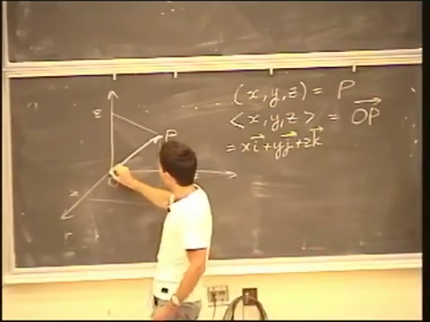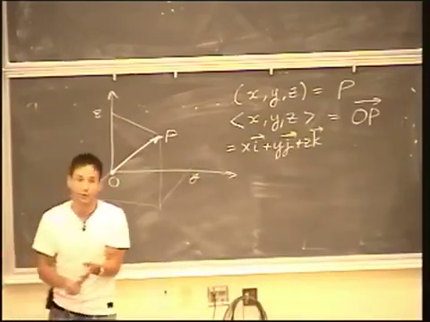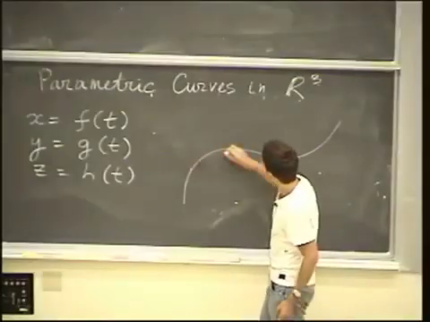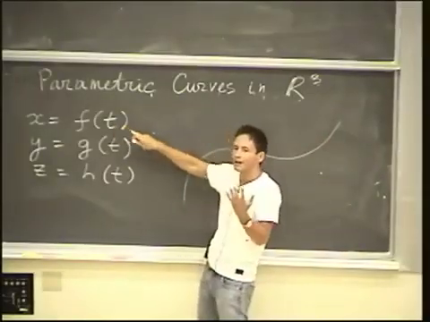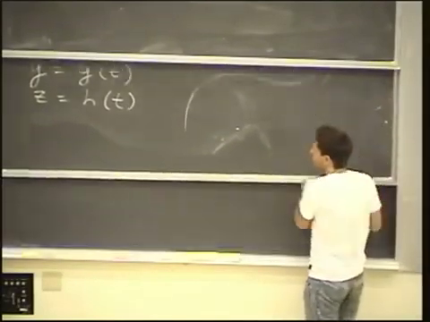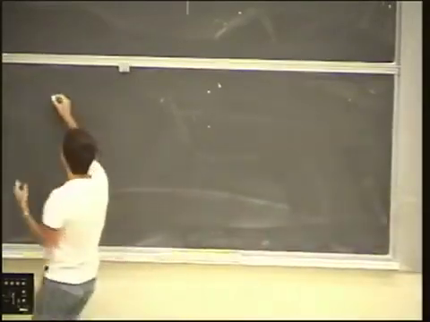And even though we realize that these are two different objects, we use essentially the same information to represent these objects. And so oftentimes it's convenient to interpret a triple of numbers in two different ways, as a point or as a vector. So if we interpret it as a point, we just think of this point as traversing this curve in free space. At each moment t, which actually you can think of as time, if you wish, it will be in a certain position. And as time goes by, it will trace this curve. But you can also view these three functions as components of a vector. So we get a vector value function,